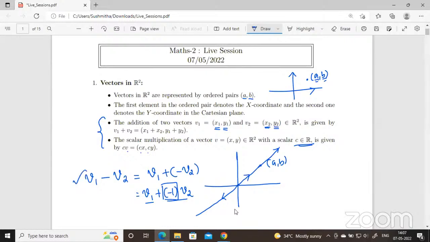So we know how to subtract vectors. But there's no concept of multiplication of vectors here. There are various products which can be defined, but